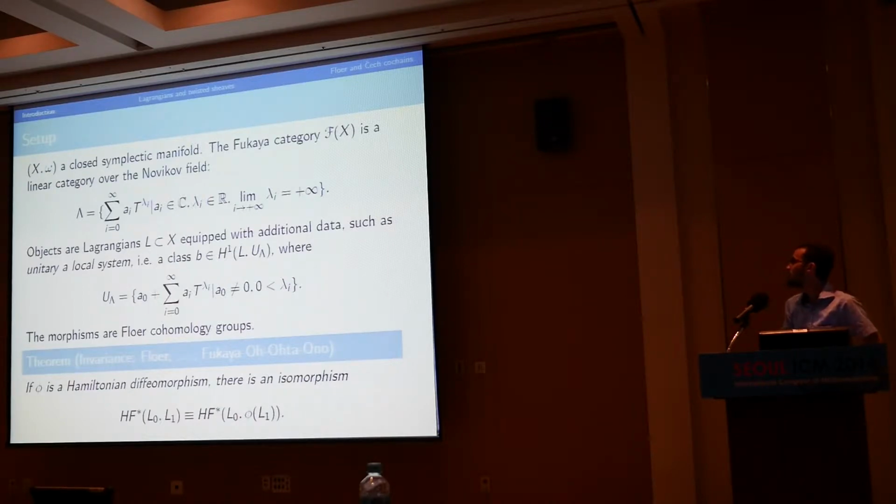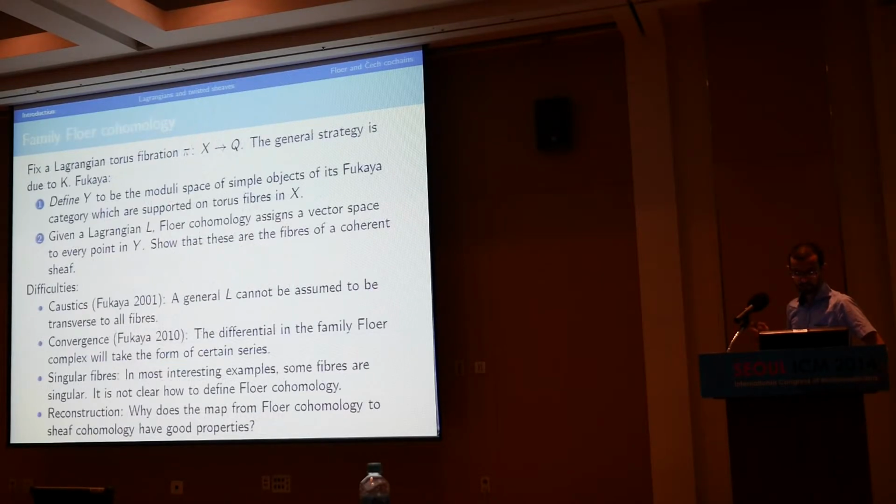Okay? That's the basis for most of the applications of Floer theory, in particular applications of the form: there is no diffeomorphism which makes L1 disjoint from L0. Because if this group is non-zero, maybe that's the second fundamental theorem, then there must be an intersection. Okay, so this is the general setup that I want on the symplectic side.